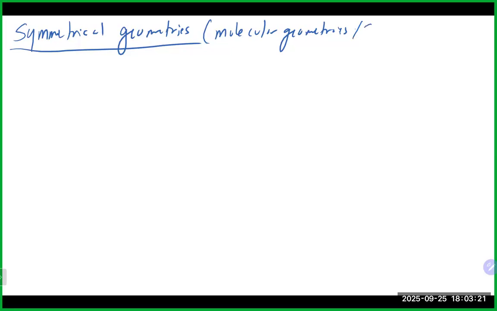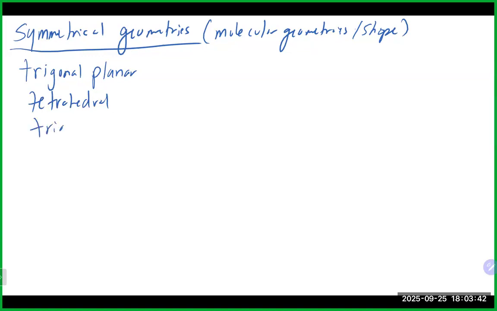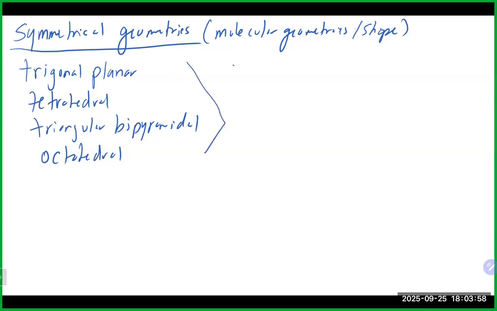And that's the shape, basically. So for you guys, on that list, we have trigonal planar, tetrahedral, and some of our expanded octets: triangular bipyramidal, and octahedral. And basically what all these guys have in common is if you draw the Lewis structure